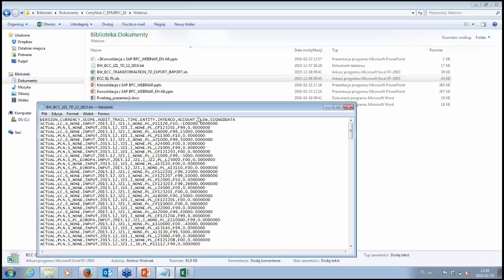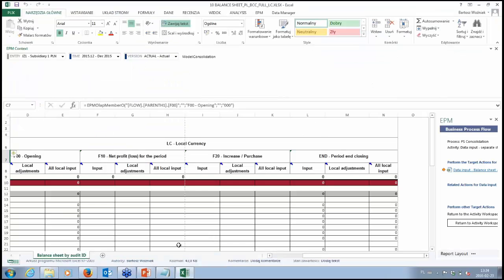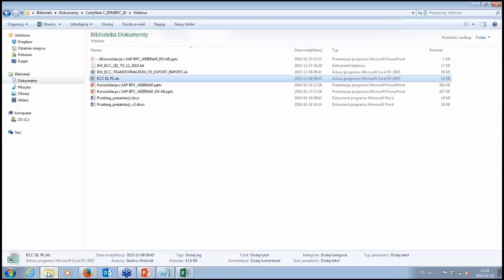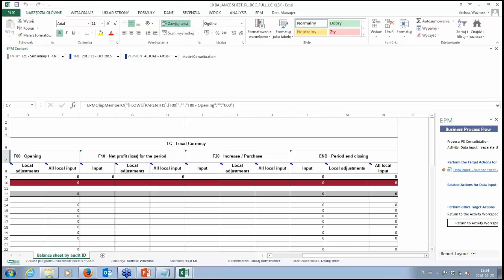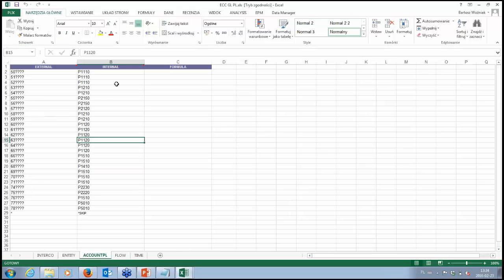And then we have to map between positions from the individual financial statements and line items into BPC line items. This is done in a second Excel spreadsheet, so you do not need IT assistance to do so.